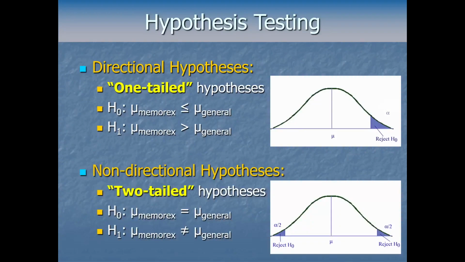On the other hand, sometimes a non-directional hypothesis, what we often call a two-tailed hypothesis, might be more appropriate. Maybe because you're not coming into it caring or expecting about a particular direction. Maybe you're just testing if there's some evidence that the populations are different, that the groups are different or just unequal in some way. Maybe it could be that the sample is unusually above or unusually below what we would expect if the null hypothesis was true. Maybe either of those would be interesting, and either of those in this case would make us reject the null